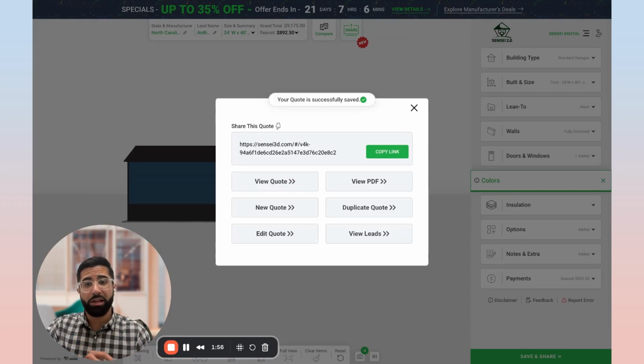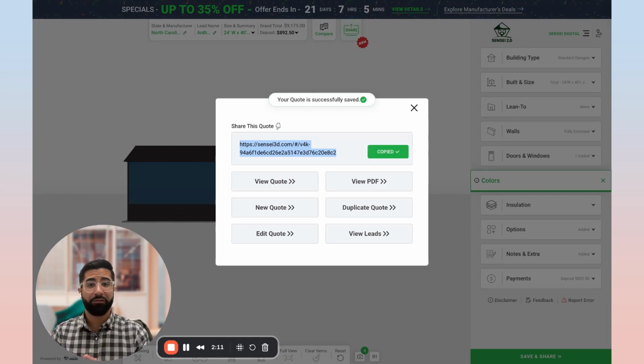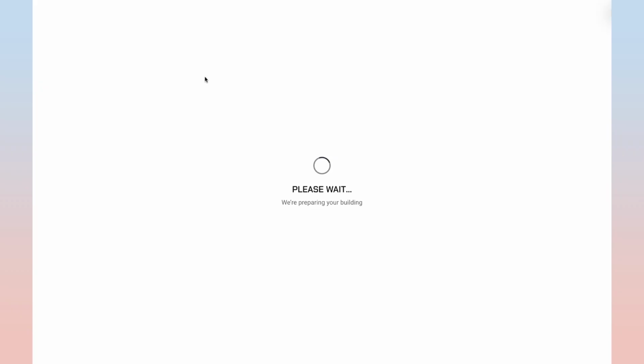And now you'll notice right here that it has a link, and it says copy link. That's very important because what you can use this link for, if you copy it, you could send it to your customer so that they can take a look at it and design the building as well. Now it is going to look a little bit different. It's not going to be this exact builder. It's going to be a customer facing builder. If you take a look and just put that link here,